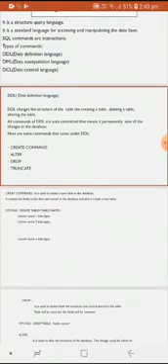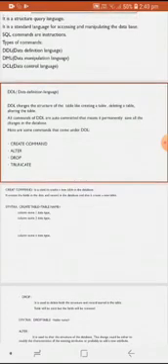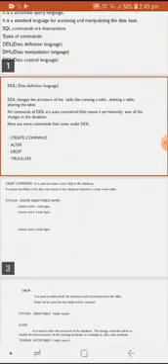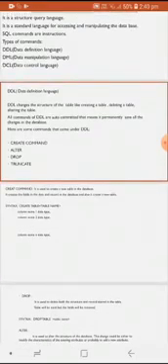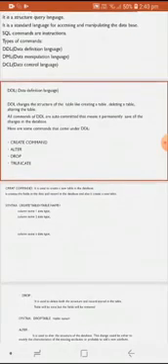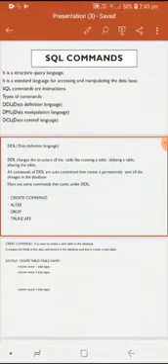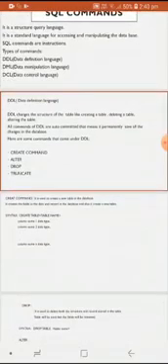The data definition language is used to define and modify the data as well as its structure, and also to build and modify the structure of your table, and other objects can be modified too. Let us see the commands used in data definition language: create, alter, drop, rename and truncate. These 5 commands you call a data definition language.